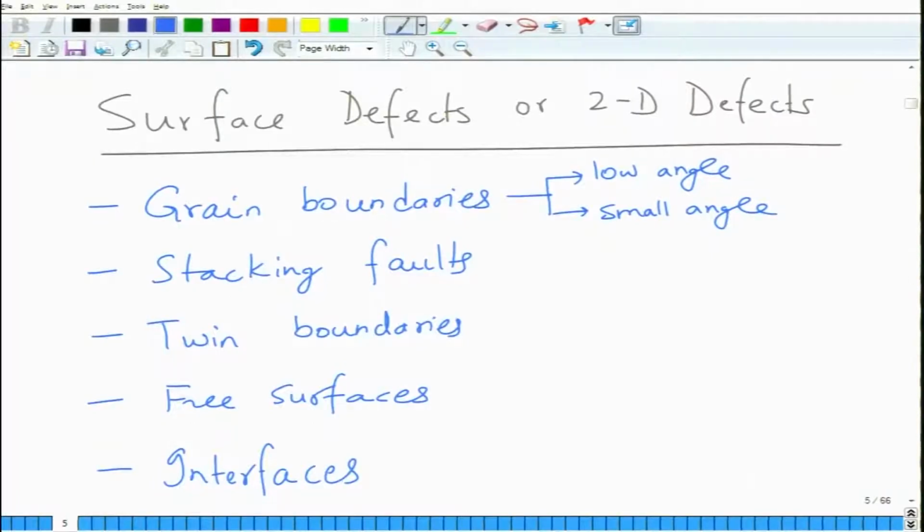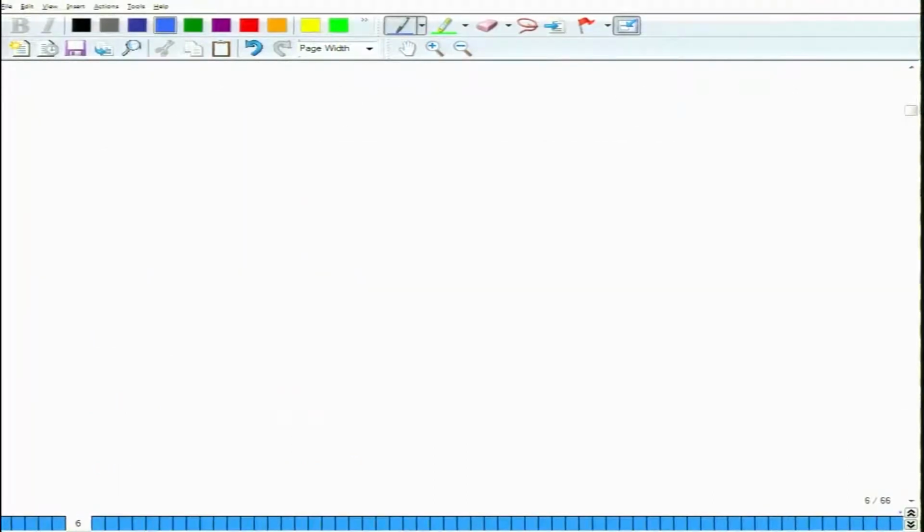Interface, it could be an interface between the two same materials, it could be an interface between two different materials, and so on and so forth. So, let us just go about this one by one. So, grain boundary basically means, as I explained in the last lecture, suppose you have this volume of material. So, let us say we have,